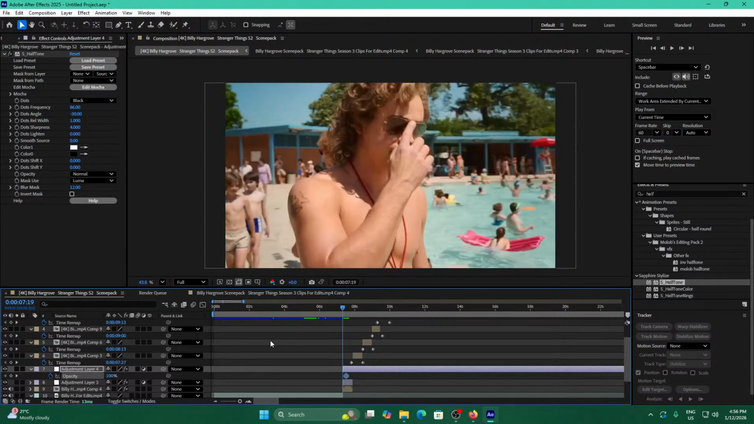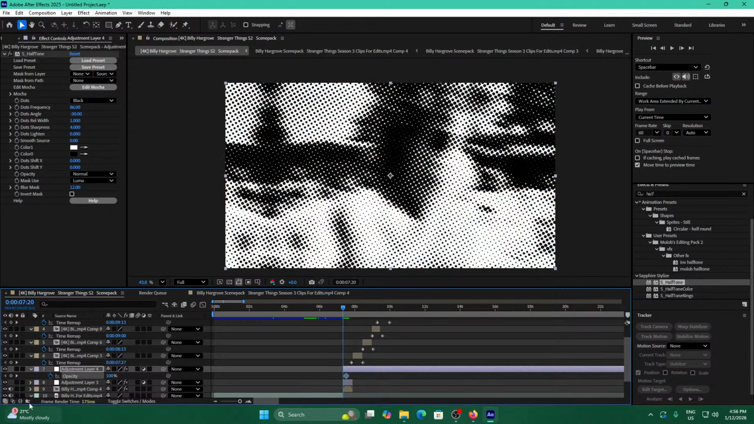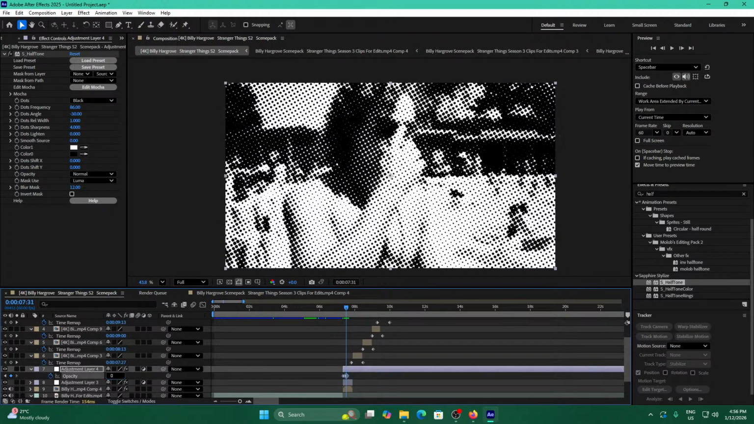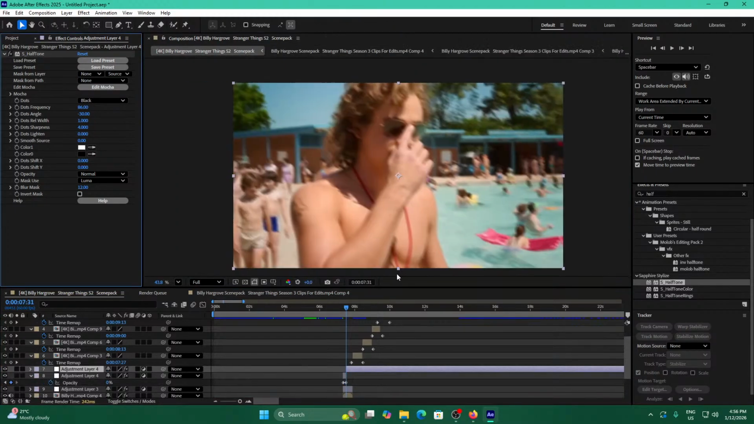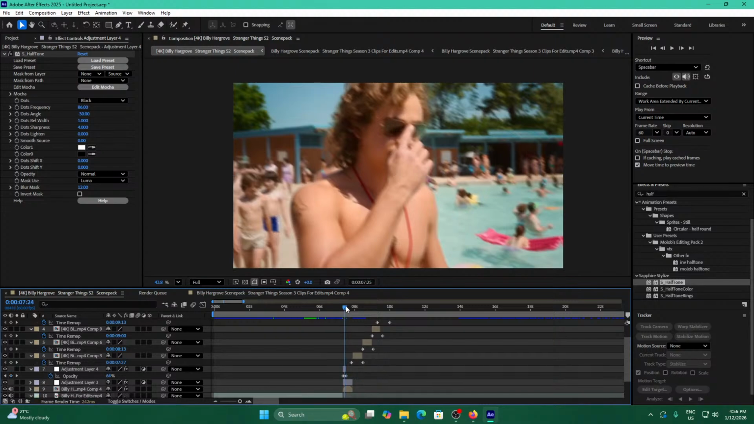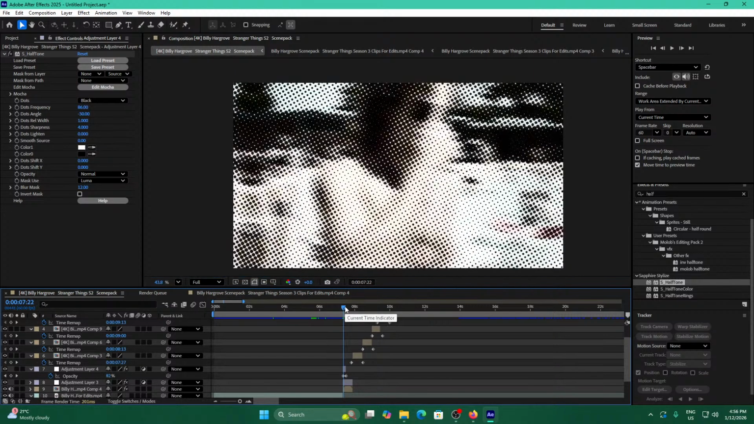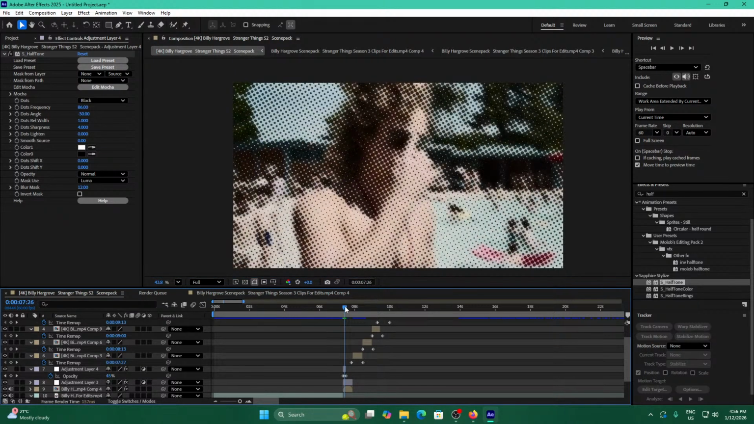Opacity. Drag it back to the beginning. Set it there. Go back to here, put it to 0. It's like a fade out kind of thing, but it's only for that half tone. So if we go back through here, we can see like